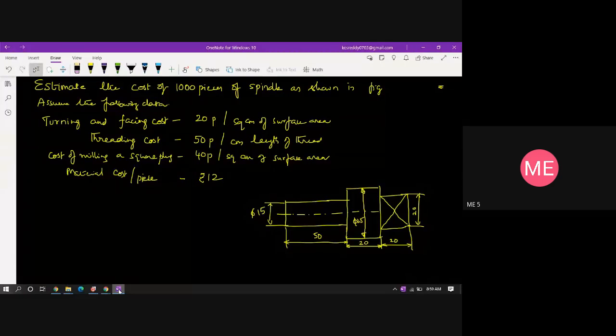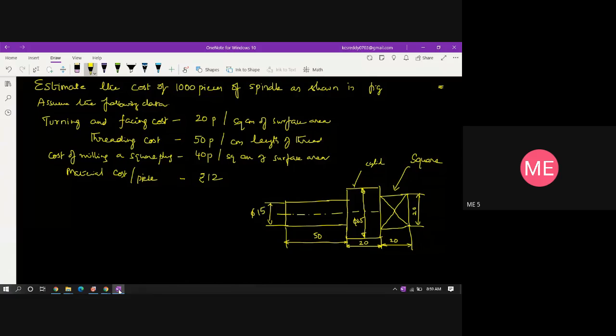Where here, if you look at the diagram, this shows a symbol like this X. It means that it is a square. It is nothing but a square. It's not a round bar. So if it shows like this, then it is a square shape. Then this is a cylinder, because the axis is mentioned, and here is also a cylinder. So how to find out, in order to make this component,